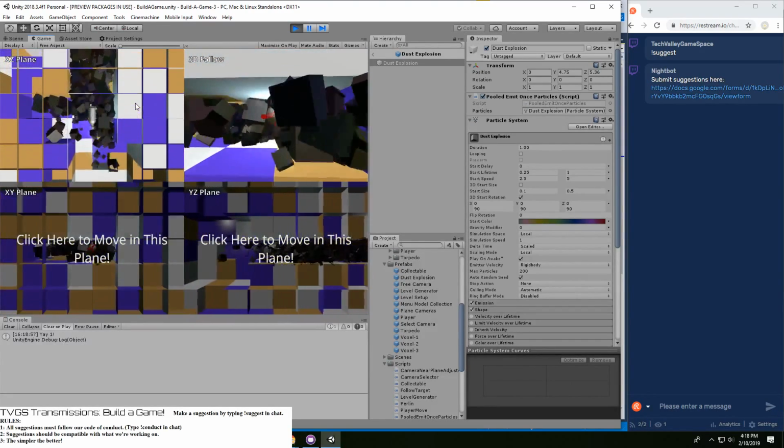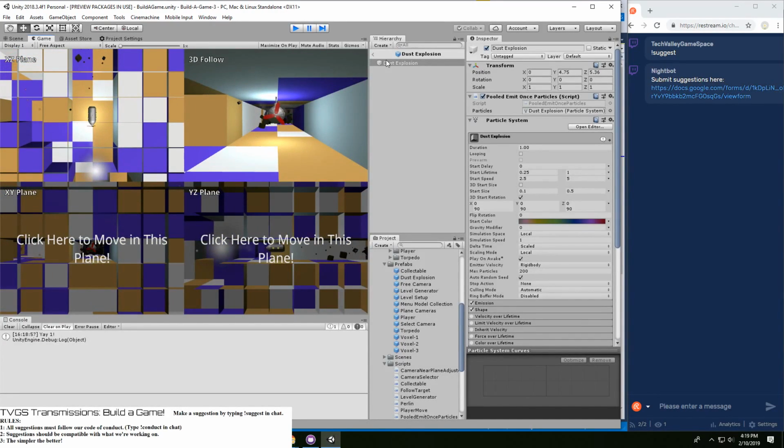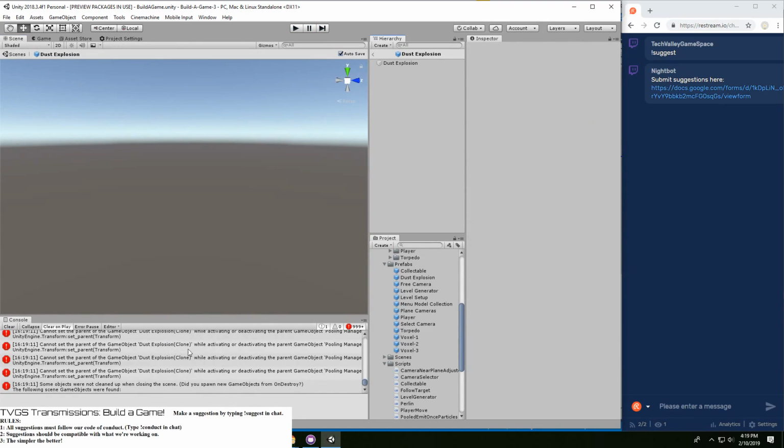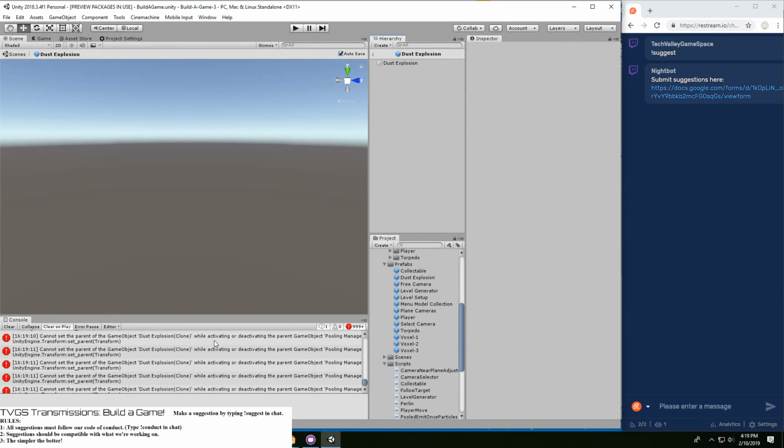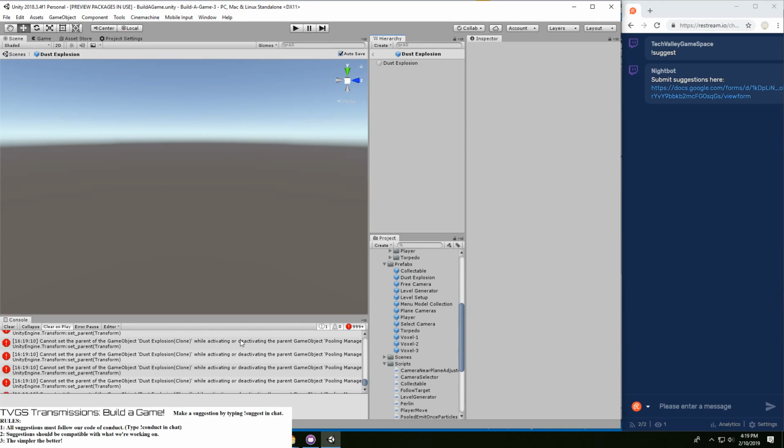Oh wow. We should get rid of the light. I don't know why it takes so long to deactivate, but okay. Probably because it's getting rid of all the stinking... Yeah, cannot set the parent while deactivating or activating.